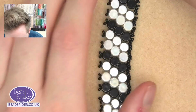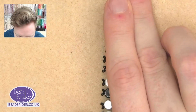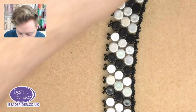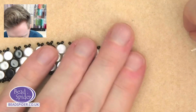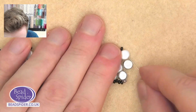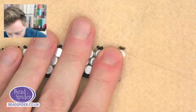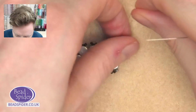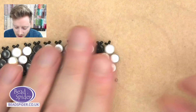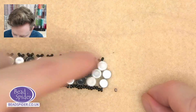I mean, really, I should go back down the opposite side again, but I'm not going to, just so I can show you how to do the clasp section. I'm sure that's what you're after seeing. Let's get you there nice and tight. Go through that hole too. Do you know what? This is what I can do just to save myself a bit of time. So just pretend you've gone all the way down one side